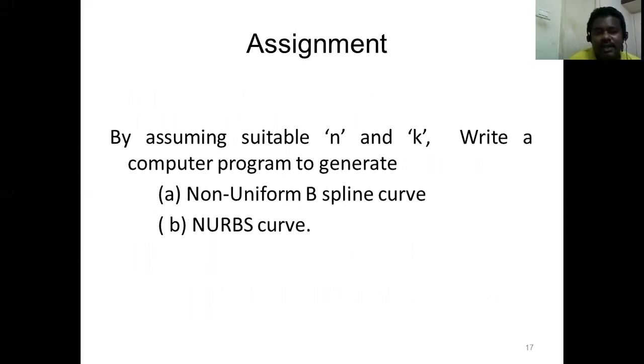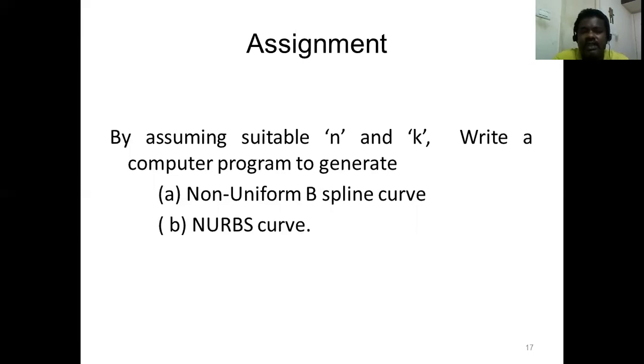It's an assignment. It is not for all. Whoever is interested, read the theory of splines and try to generate a curve as we did with Hermite and Bezier curves. I generated a curve by giving the starting point, ending point, and tangent vectors, and the Hermite curve was generated. In the second case, the Bezier curve, by giving the coordinate values of 4 control points and changing the value of t from 0 to 1, I generated a curve. Very similar to that, this can be done, but it is not for all. Whoever is interested in computer coding, you can generate it.